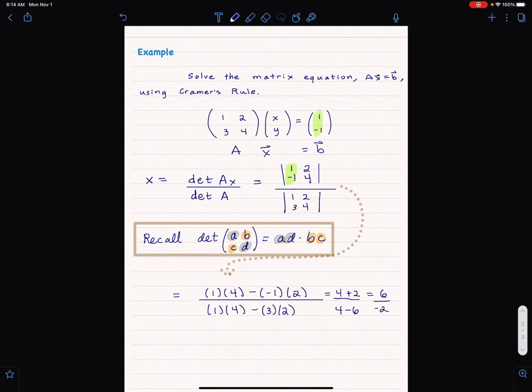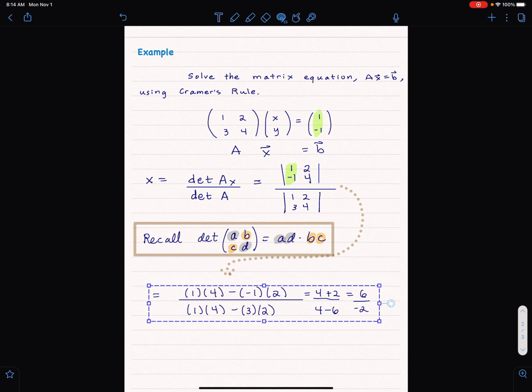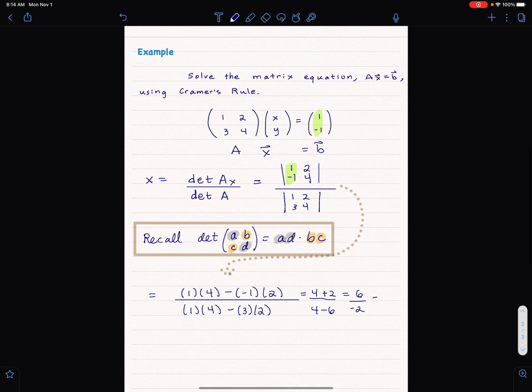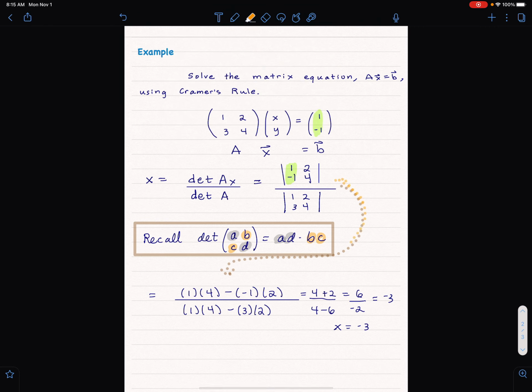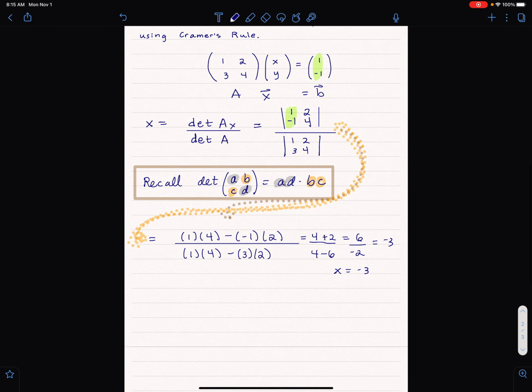And looks like we're almost there. So that's negative 3. In other words, x equals negative 3. This was quick because it's only 2 by 2 determinants. I hope that's clear, that this is going down leading to here. I just had a little detour around my note. All right, and then y